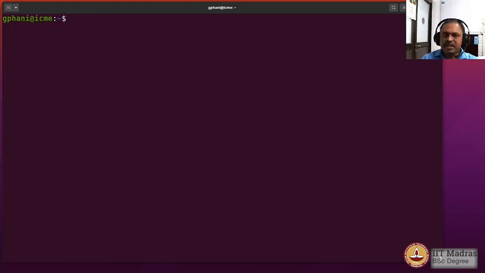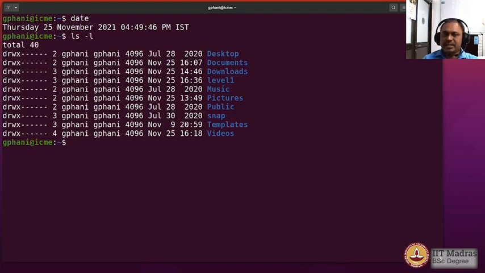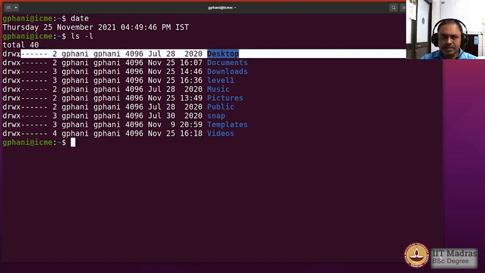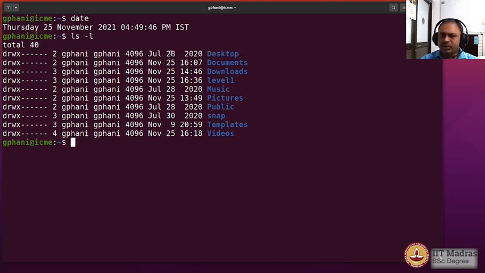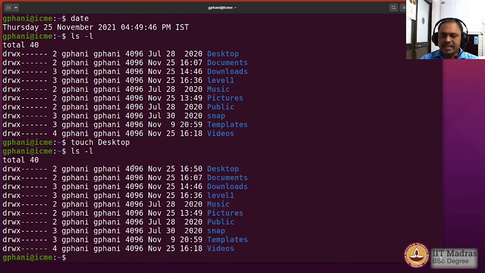Now let us spend a few minutes on the timestamp. The current timestamp is given by the command date, and if you look at the directories, some of them are quite old because they were modified long back. If you look at the desktop folder, for example, it was modified on July 28. Now I want to change the timestamp, so I can just use the touch command, and then run ls -l again, and you now see that the timestamp has changed.